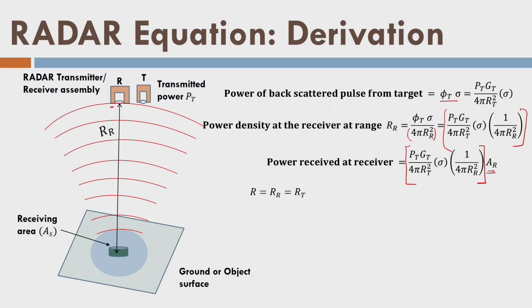Let us make some assumptions. First of all, we may assume that the transmitter and receiver are located very nearby. So the distance R, or the slant range R, for the receiver as well as the transmitter to the surface is the same. The second one is that the area of the transmitter and the area of the receiver are also the same, and we design them in such a way that lambda square into G, or I can say GT here, divided by 4 pi is the area of the transmitter or receiver. So this is a kind of design consideration we have here. Finally, sigma, the radar cross section here, we redefine it in such a way that it is equal to sigma 0 A, where A is the resolution cell.